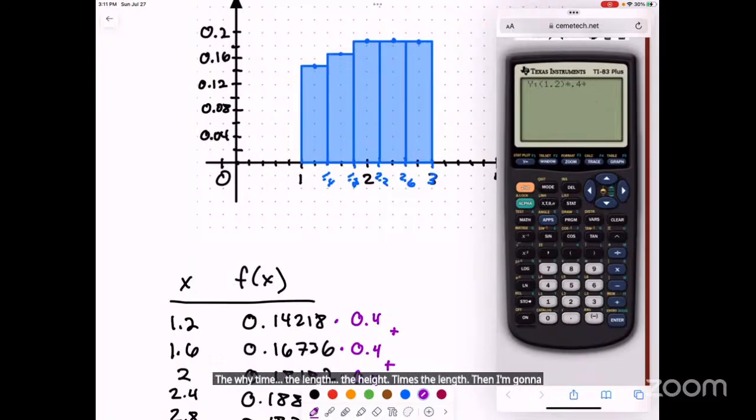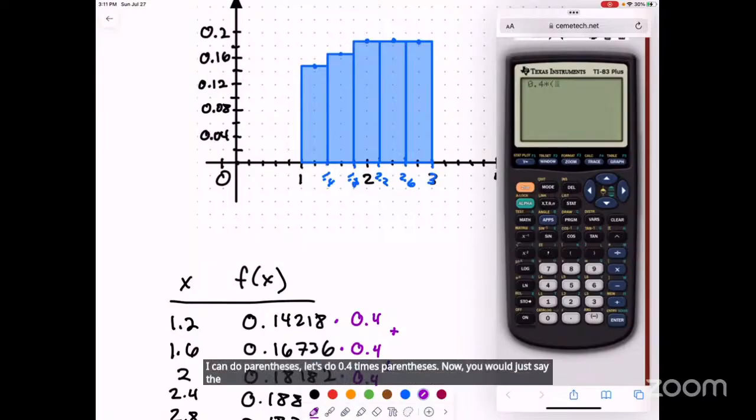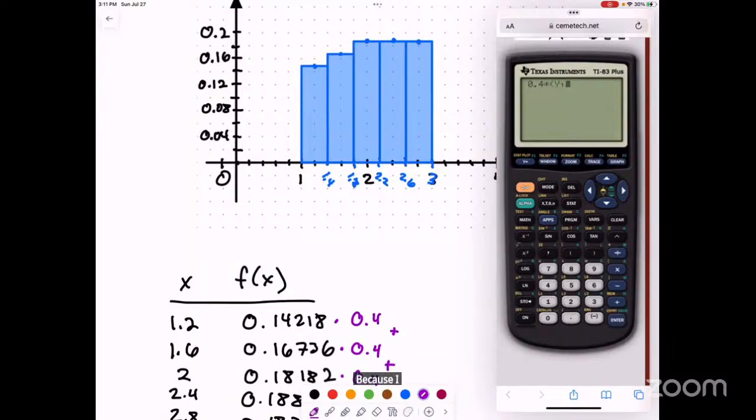Then I'm going to say plus, I want to evaluate this function when x is 1.6 times 0.4. Now I can just do the 0.4 at the end. If I factor it out, instead of doing times 0.4 every time, I can do parentheses. Let's do 0.4 times parentheses. Now you would just say the sum. Anyway, I'll just do it manually because I just don't feel like figuring out the summation notation. When x is, the first one was what, 1.2